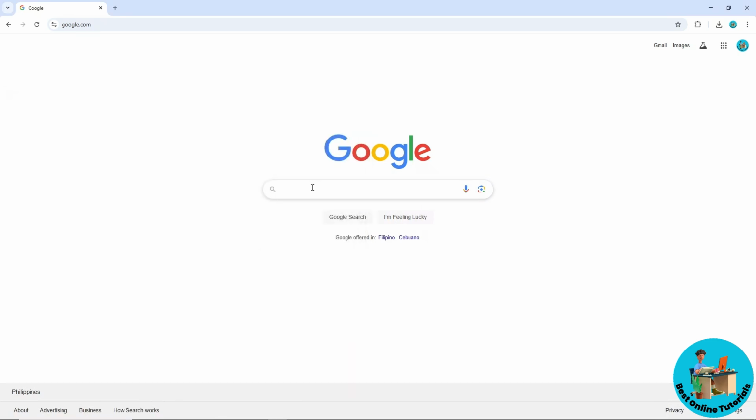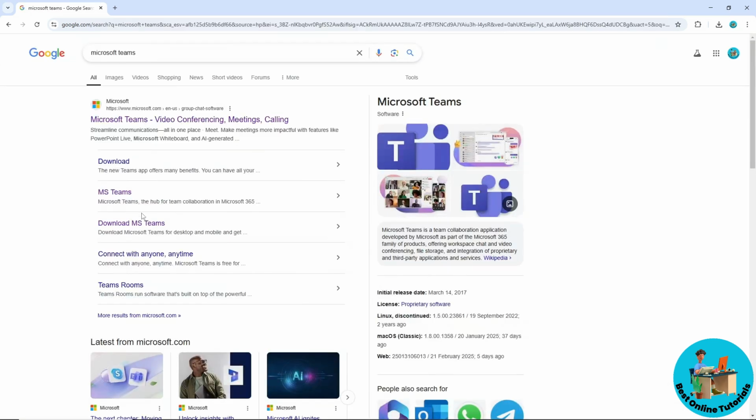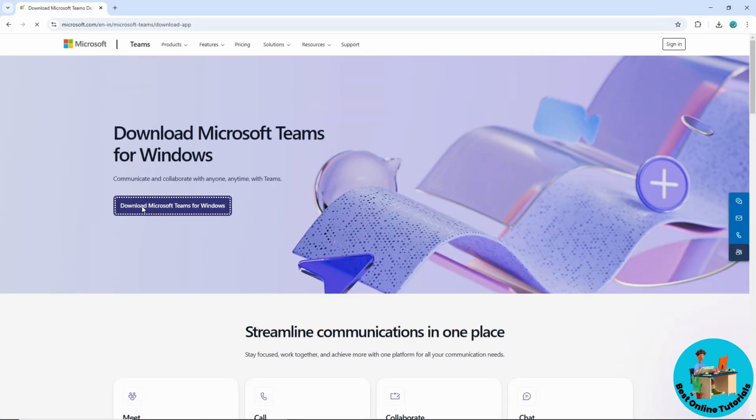Then go to Google or any web browser and search for Microsoft Teams. On the third result, you should be able to see download MS Teams. Select this one, and then download Microsoft Teams for Windows, and you should have